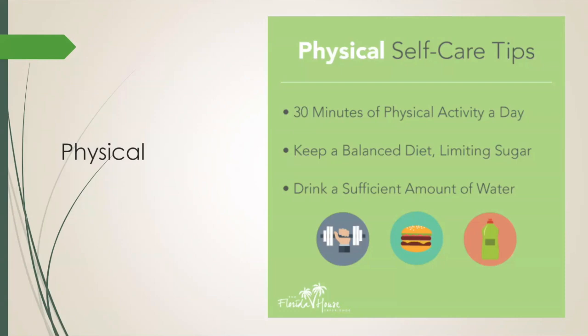Are you consuming enough of the appropriate food groups? Are you eating more carbs than you are your vegetables, your vitamins, and your minerals? Are you not eating enough protein? All of those things can be affected in the physical self care area. Then we're also looking at the quantity and the frequency of your eating. Are you eating very little, or are you eating more than you would normally?